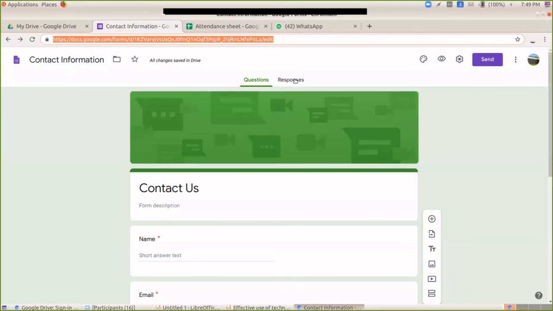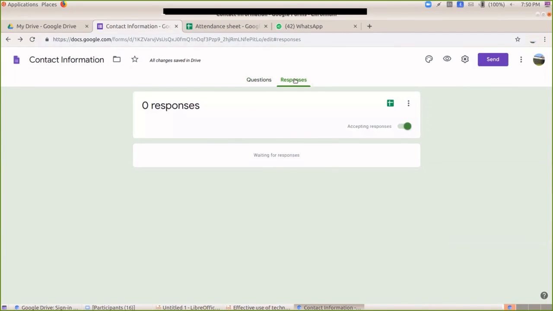So how do I get the responses? How do I know what responses I got? To get those responses, when you open the contact info form, there is a responses tab.